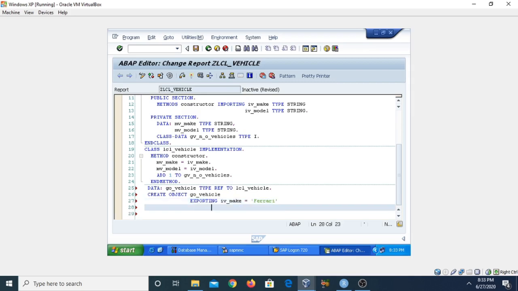Similarly, I am assigning here IV_model equal to, and model is our, suppose, LXI 40.